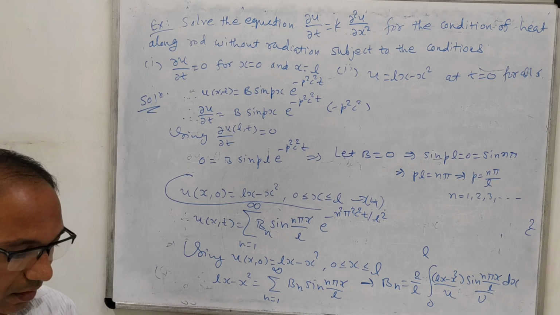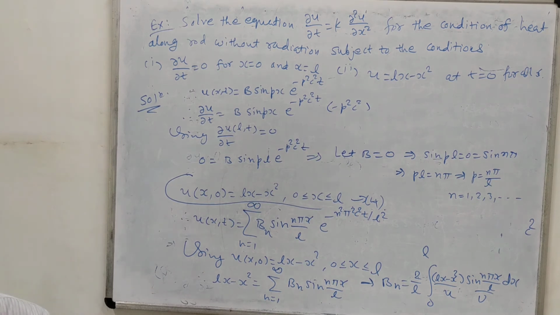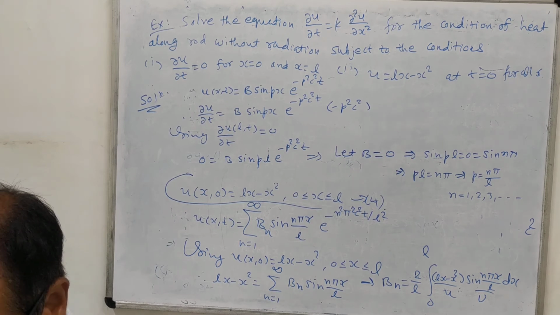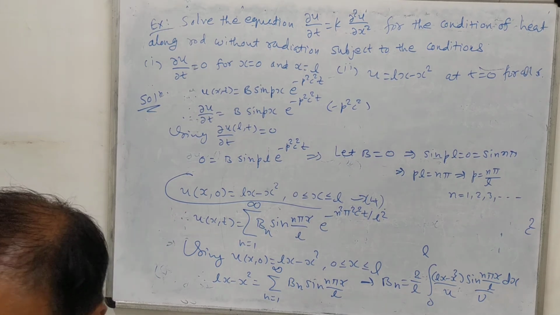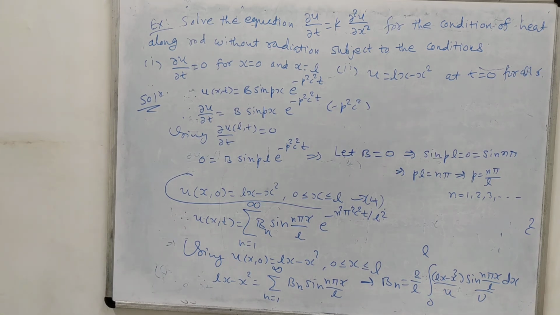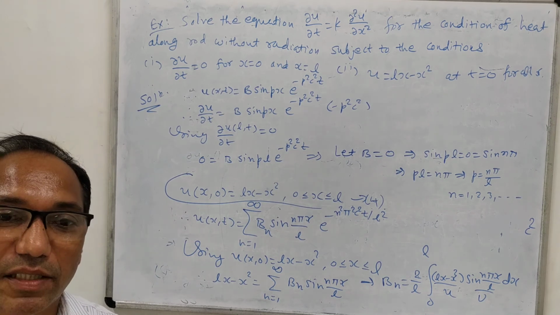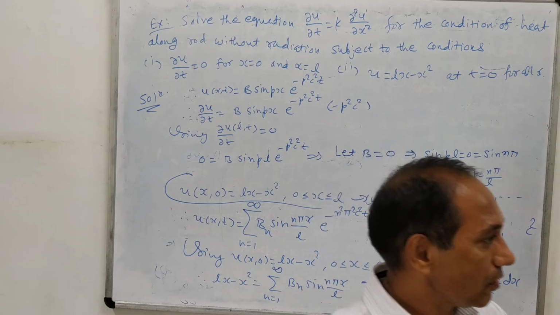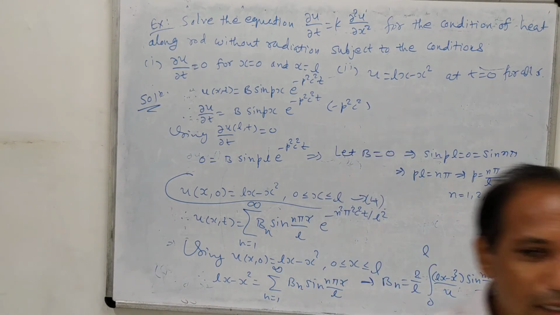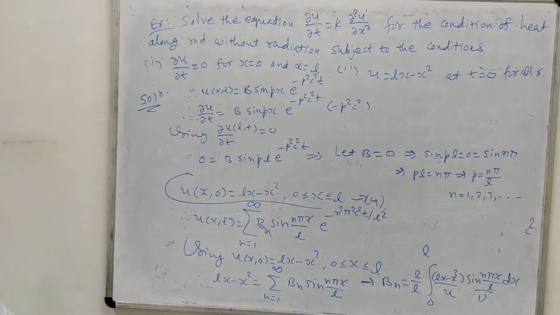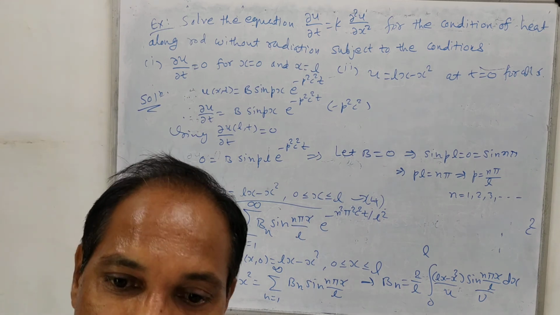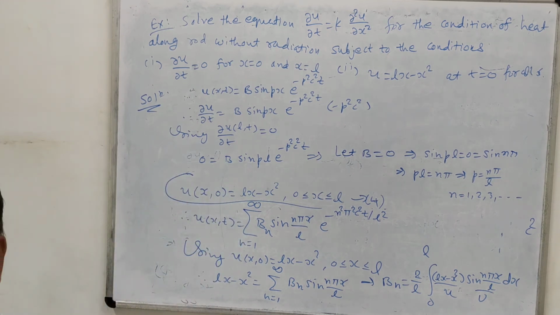So friends, this is the concept of the wave equation, and one more equation is there, the Laplace equation, but as I told you, one question always comes from the heat equation and wave equation of 7 marks. The Laplace equation can be taken into the optional part, so we will see this part later on. We will see simpler topics first, then we will look at the complicated topics. Okay, thank you.